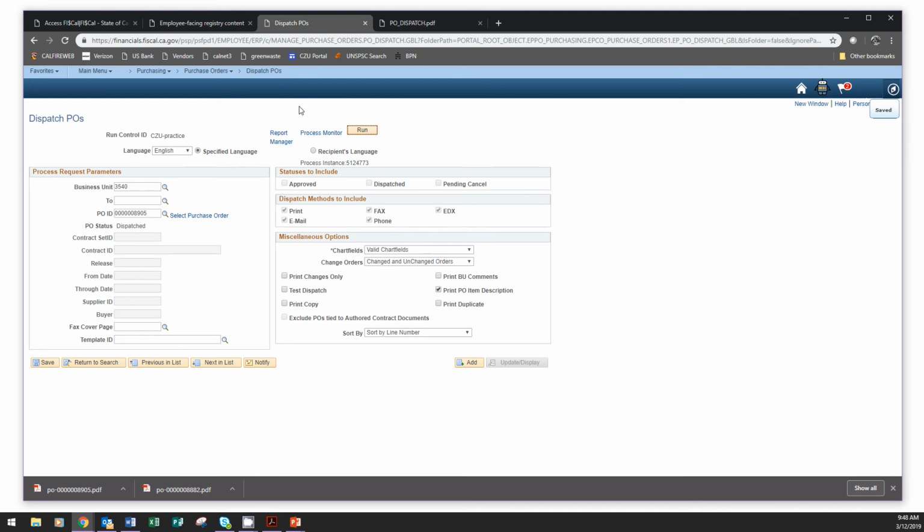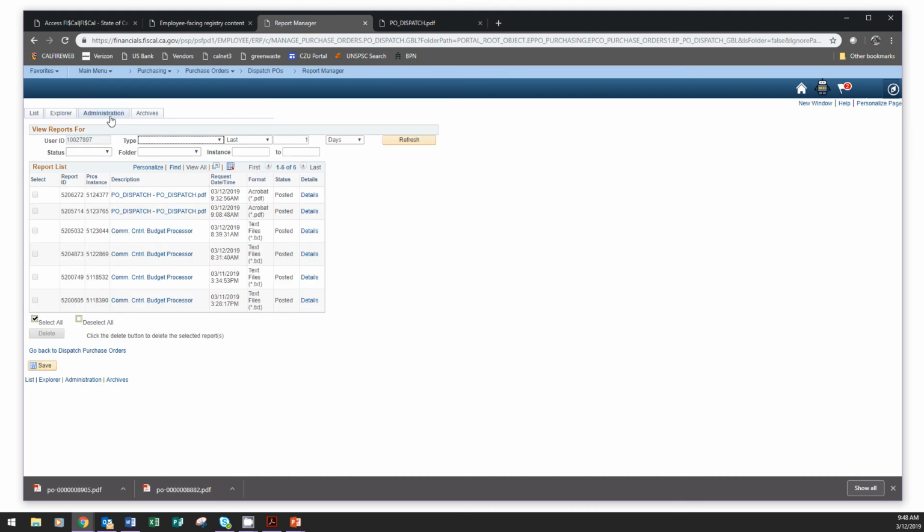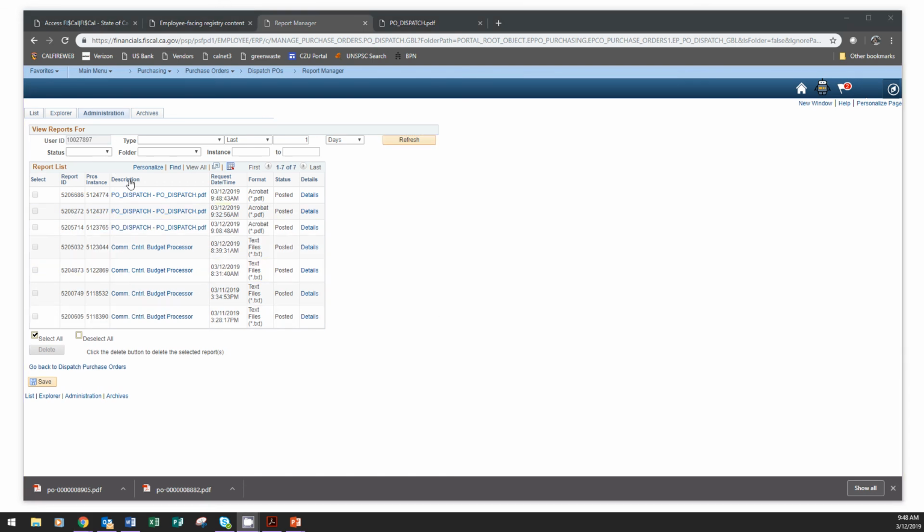All right, now go to either that process monitor, that optional step that I told you about, or you can go straight to the report manager and look for your result. It's not showing mine yet, it just shows the two that were already there before. So I may need to wait, click refresh in a minute. I'll wait another minute. Okay, I waited a minute, and now the third one has appeared, the new one that I just ran. So now if I click on that,